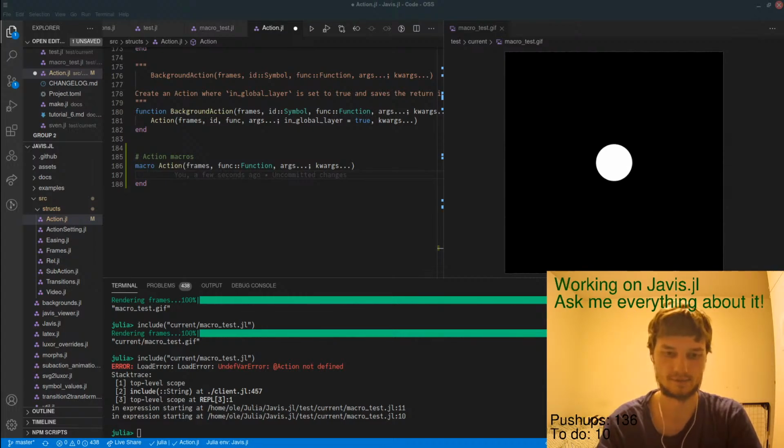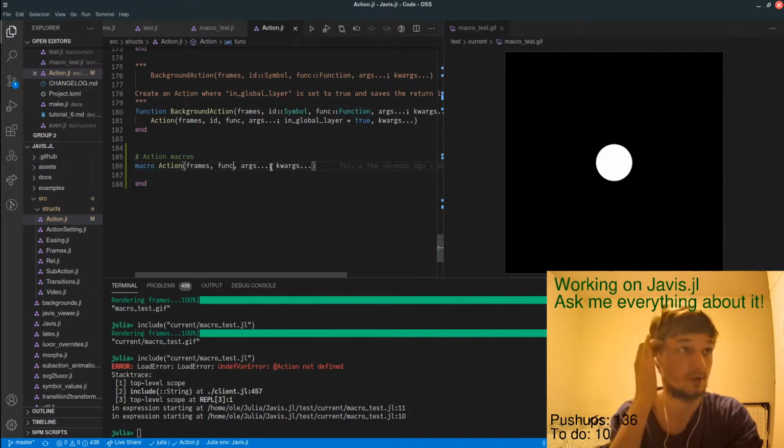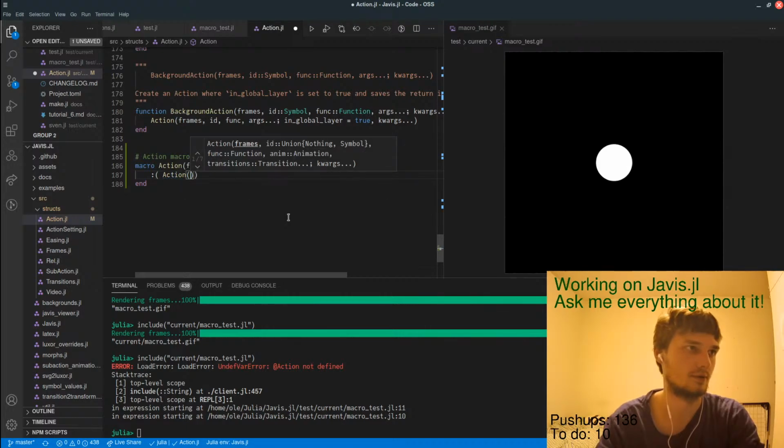Give me just a second. Okay, so actually this one should not be a function. And then macros. Okay, so dollar frames.